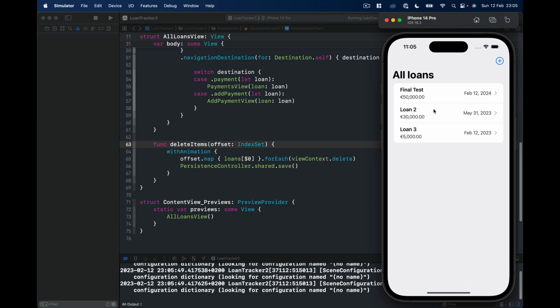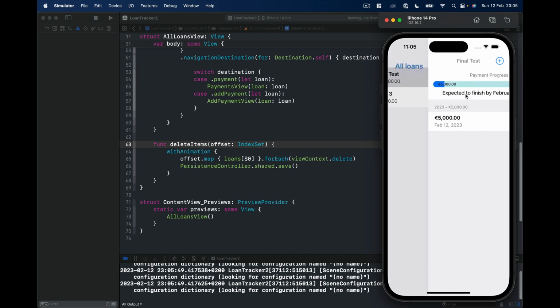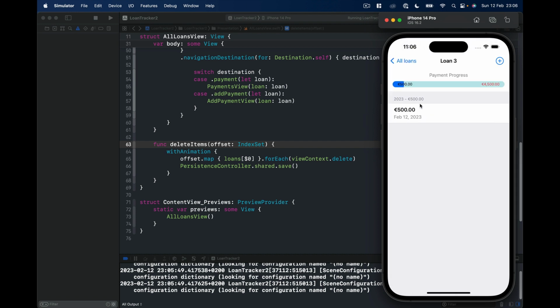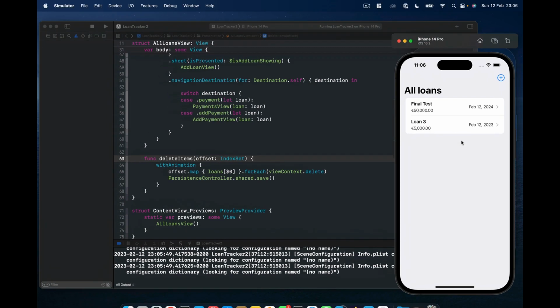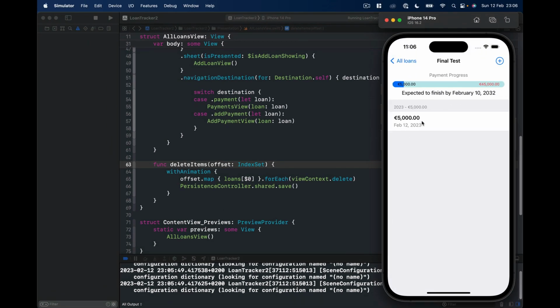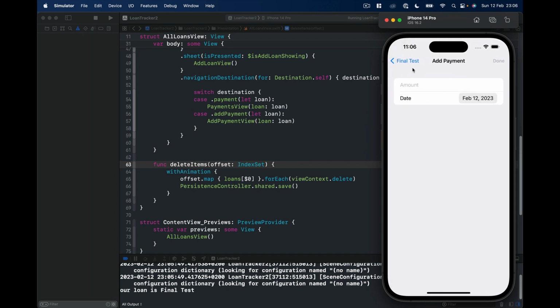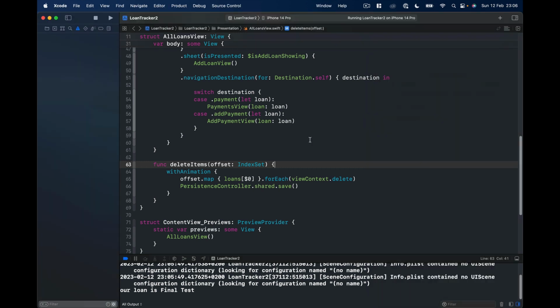So let's delete our loan number 1, and you see the nice animation, it disappears. Loan number 2, and this disappears as well. Here are our payments that we still have. All right, so the deleting of our loans is done as well. So the last thing remaining for the project to finish is the ability to edit the payment. So whenever I click on this, I should go to the view here, and I should provide the view the payment that I want to